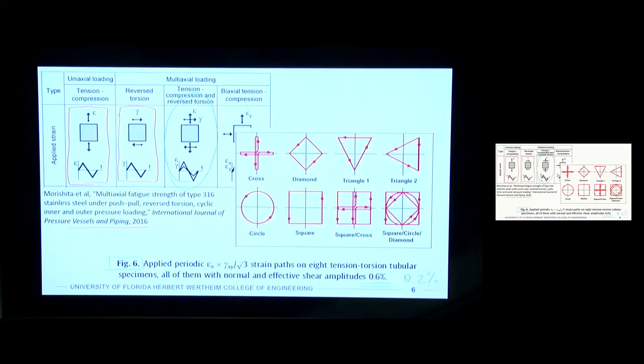And you can see that these different shapes have different features, right? So one is a circle with no hard corners, right? So no extremes. But then there's also a triangle, multiple triangles, and then this shape at the bottom here, which is sort of, they're just like, let's combine everything that we have already done to create like a most extreme loading history case. And so when they did that,